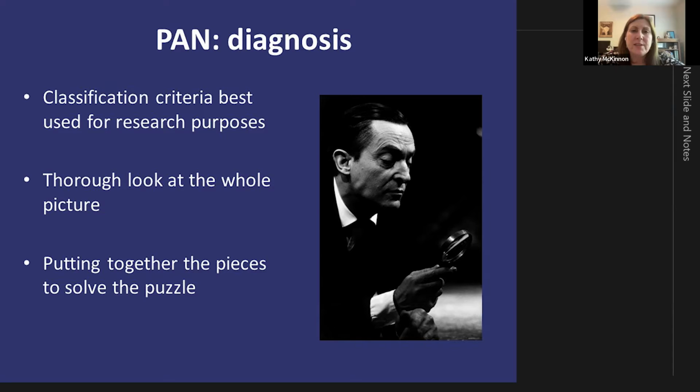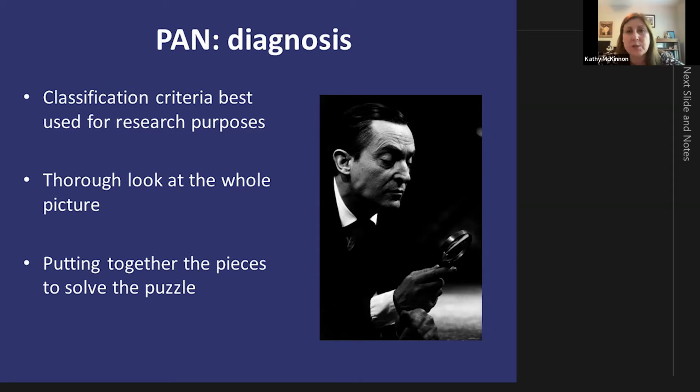Making a diagnosis of PAN can be a long and arduous journey, as many of you who have this disease may have found out yourselves. It's oftentimes not something that's diagnosed on the first or second visit, but sometimes it's the third visit. It's the hospitalization after months of illness. There are clear classification criteria for PAN, but those are typically used for research studies to make sure that you're getting patients into studies that have the disease and have similar features of the disease. PAN in the clinic and at home and in the community is much more tricky than that.